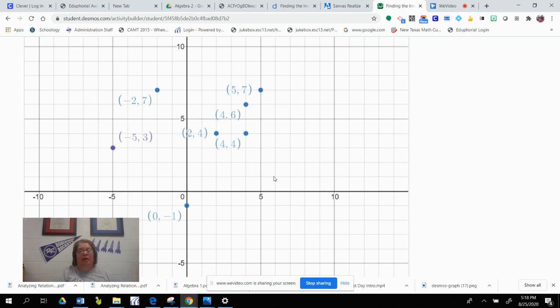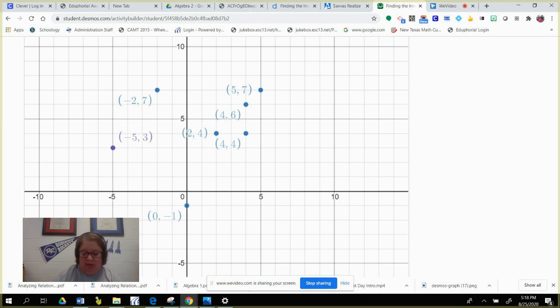Okay. Here we have some points, and we're going to connect these points in order. Then we're going to make the inverse, and we're going to connect those in order, and we're going to see what happens, and we're going to see a visual example of a function and its inverse. So with these points that are here, we're going to start with